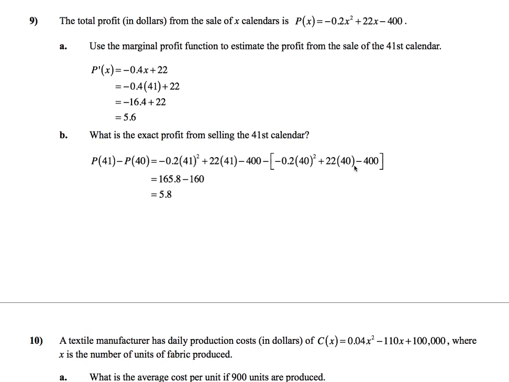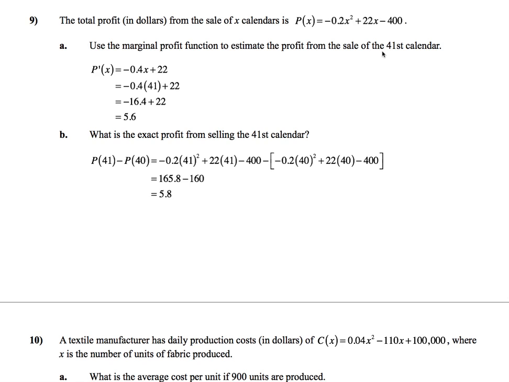Here's our last two questions. Question 9 deals with a profit function, negative 0.2x squared plus 22x minus 400. And we are asked in part A to use the marginal profit function to estimate the profit from the sale